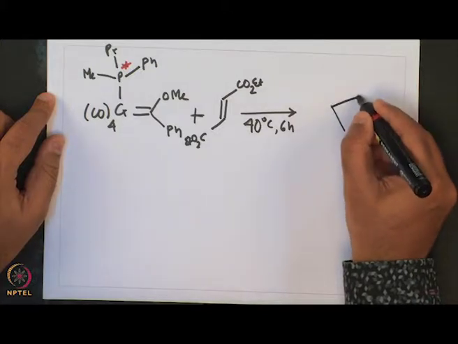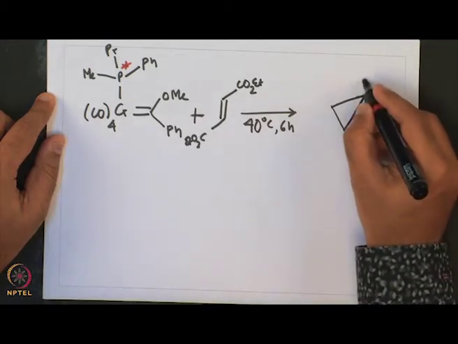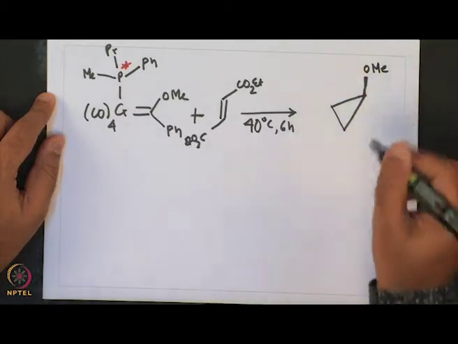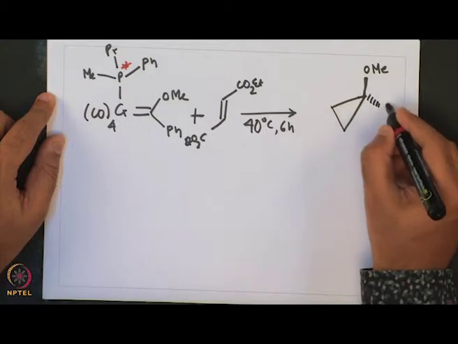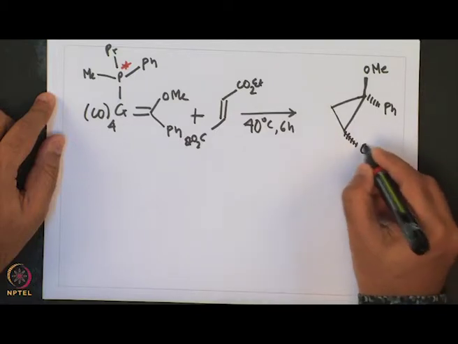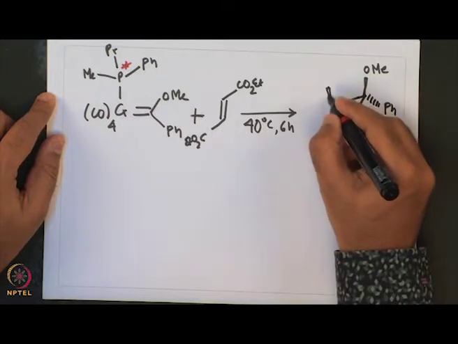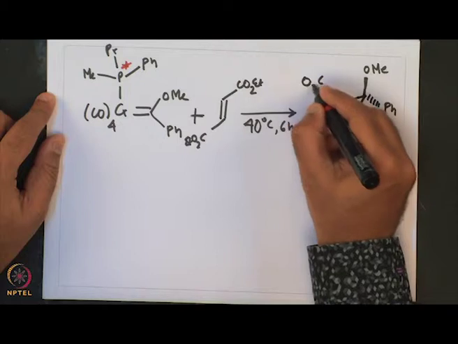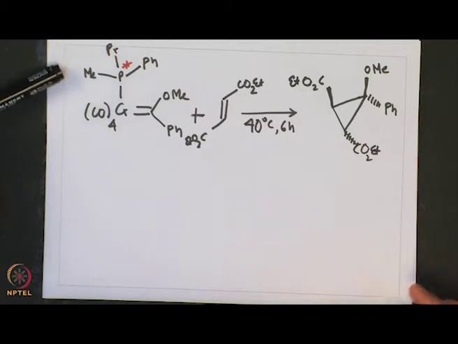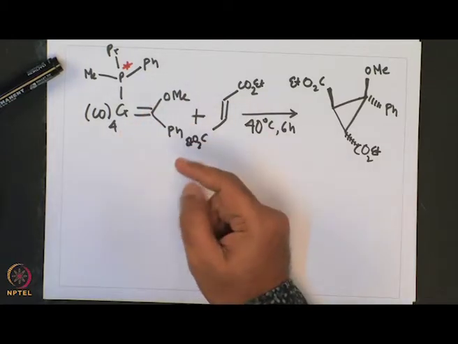this cyclopropyl ring is formed having OMe, Ph, and CO2Et, CO2Et. So, now one may argue that this cyclopropane ring is formed from free carbenes, but that is not